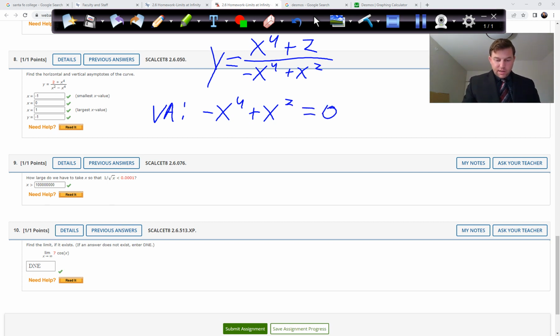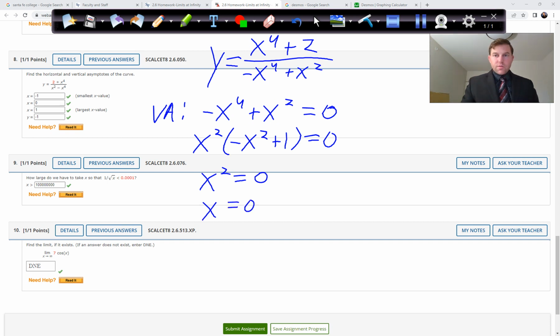Or I can factor out an x squared. I wish I didn't rearrange this now. It's okay. Factor out an x squared, and you will get -x squared plus 1. That has two solutions when x squared equals 0 or x equals 0. Square root of 0 is 0, so square root both sides, x equals 0. Or